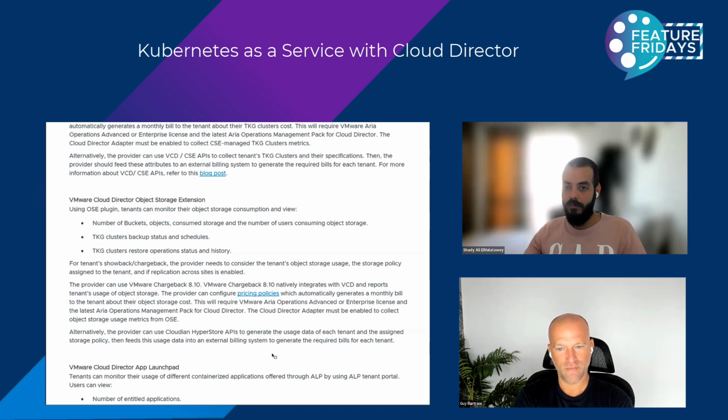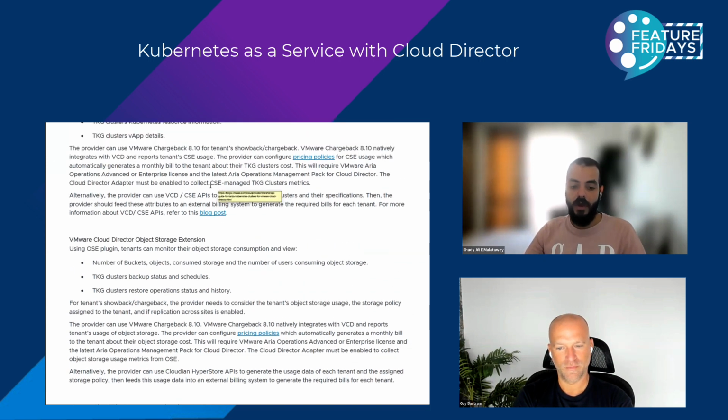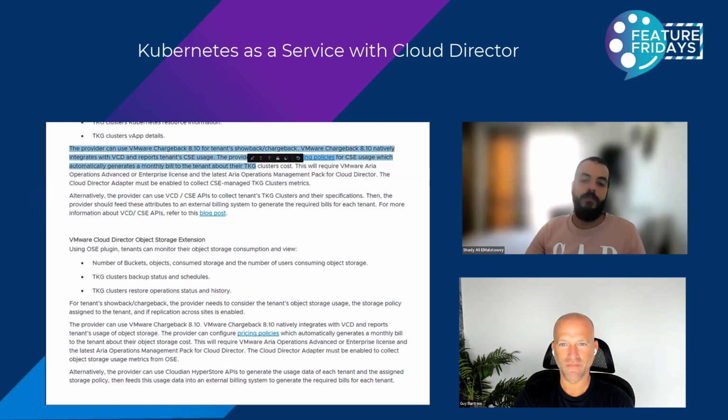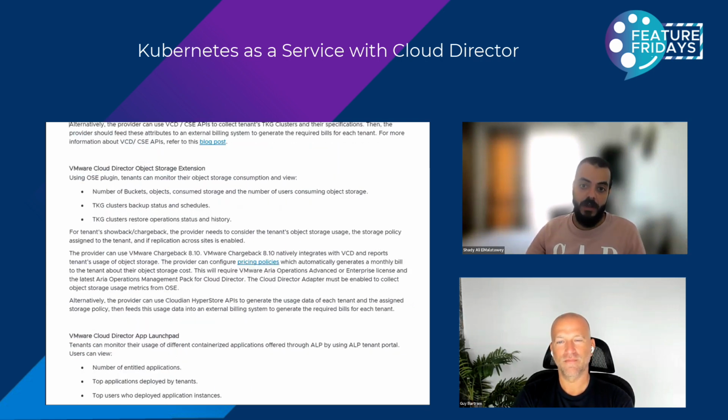There are two alternative approaches, either to use the Cloudian Hyperstore APIs or, with the latest release of OSE, which has a public API endpoint for tenant metrics, you can pull the data, which makes things easier. So instead of depending on Cloudian Hyperstore APIs, you can just pull the data out of OSE directly. And I followed the same approach